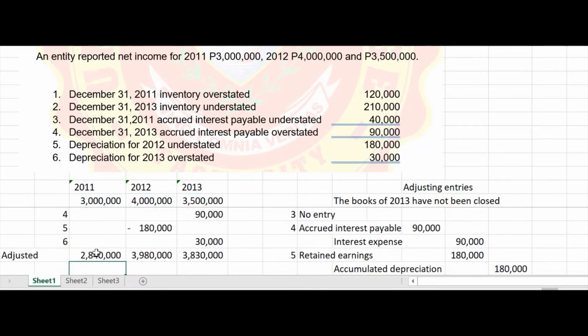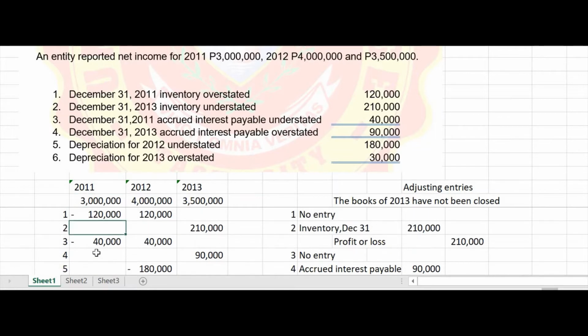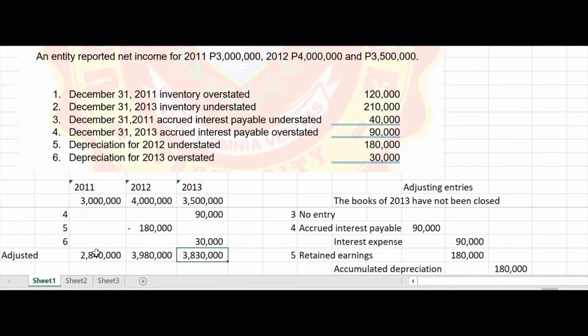And then, we determine lang the effects of the error for each year. So, you have here our adjusted net income. Okay? And so,